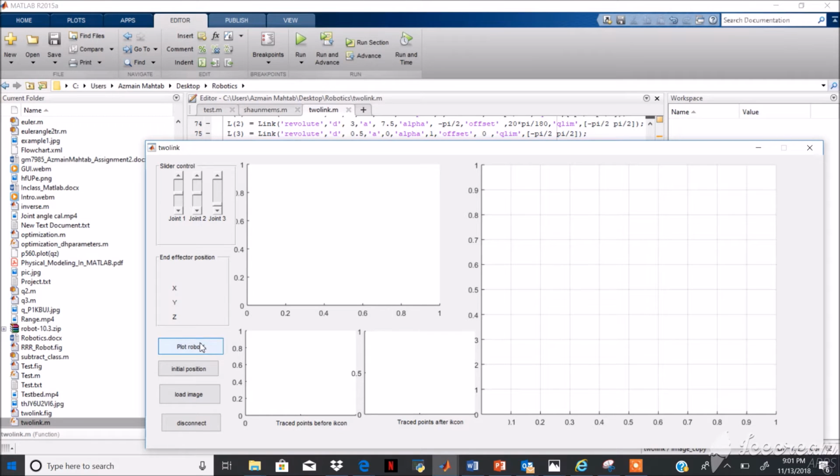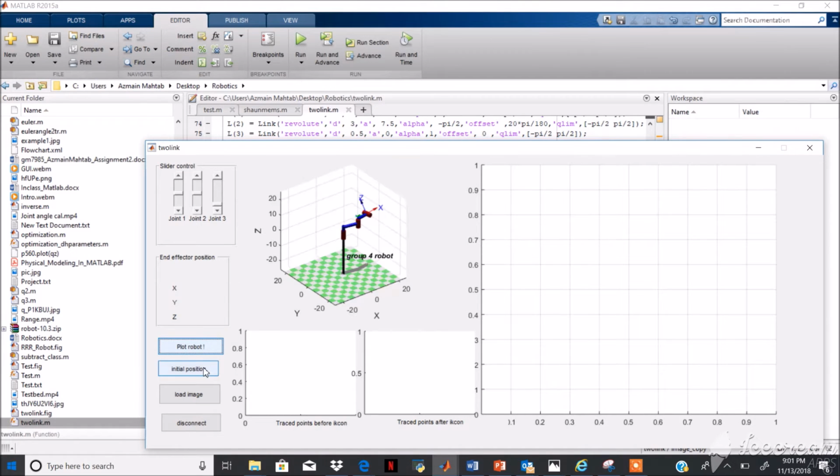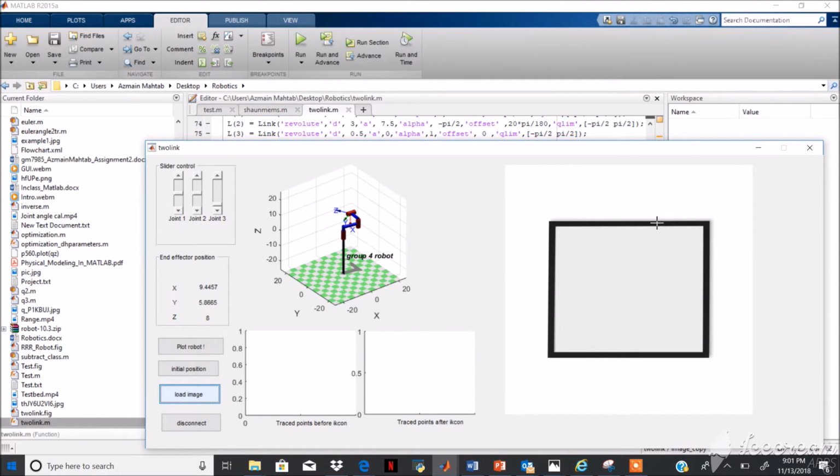So let's start by plotting the robot, setting it to an initial position, loading the image. Now I'm going to trace some aspect of the image here. Let's say we make a square here. Now this will